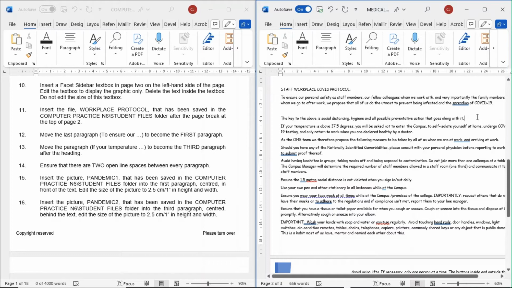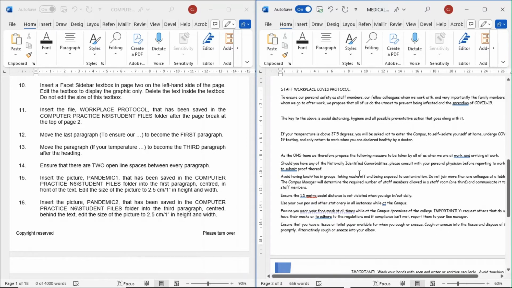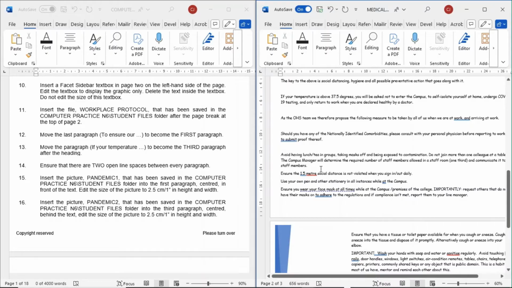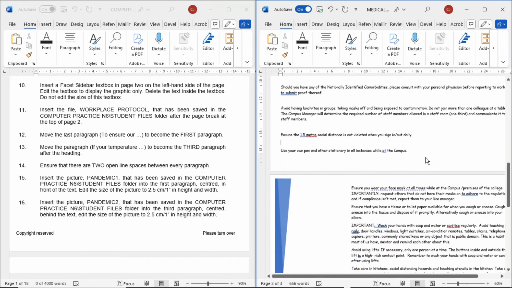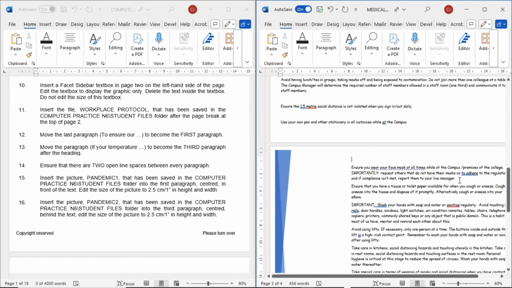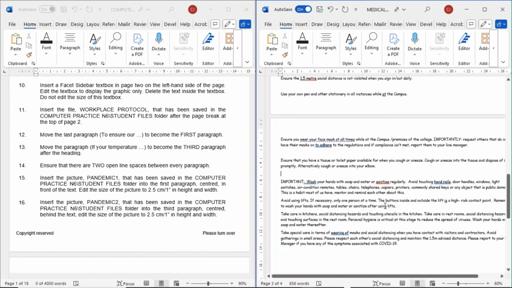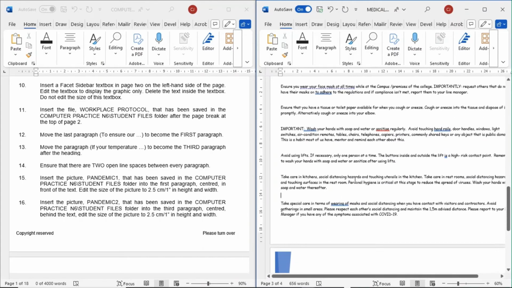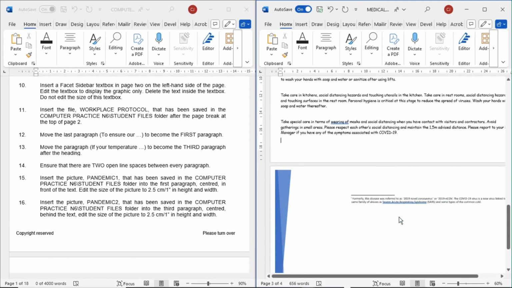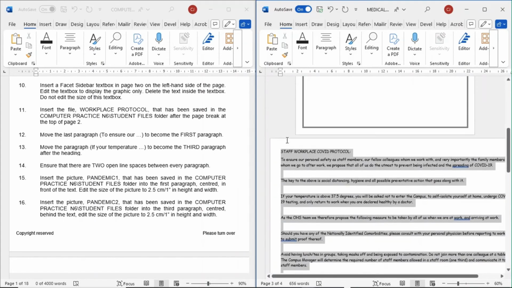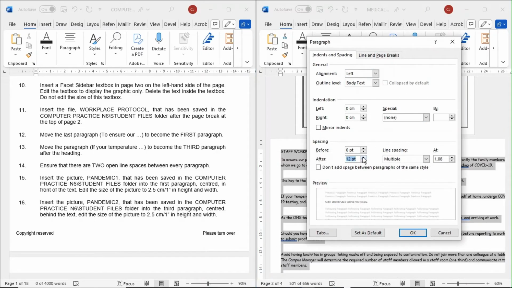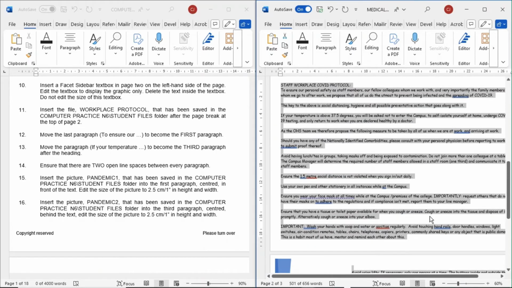So first insert your spaces. Okay, then you highlight the text, set after spacing to 0, just a single, and just press enter.